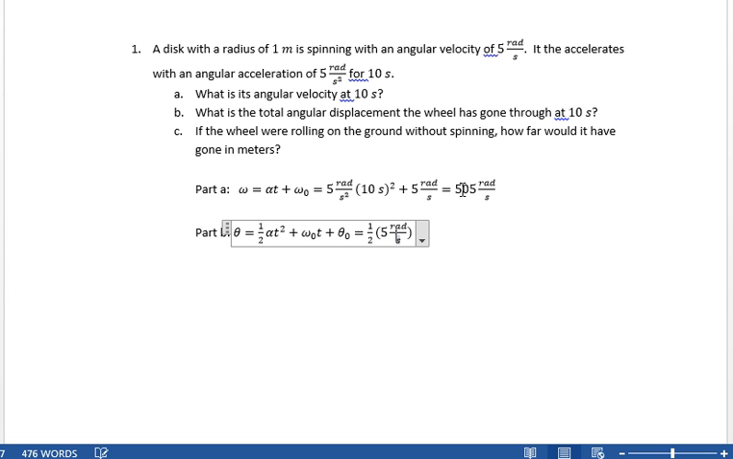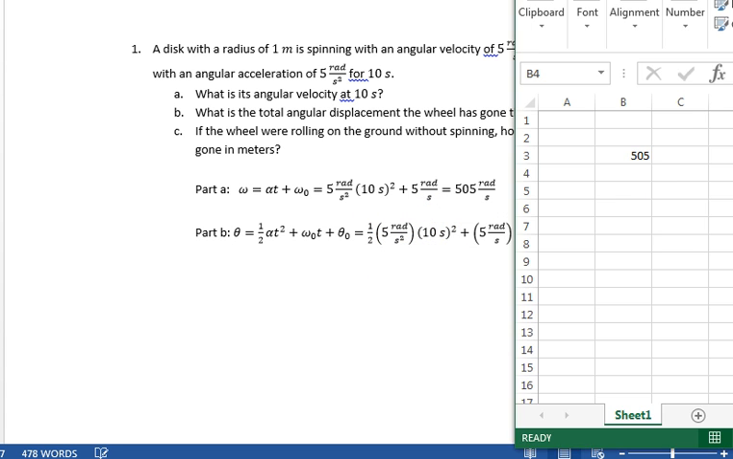So 1/2 of 5 radians per second squared, I missed the squared, right? Times 10 seconds squared plus 5 radians per second times 10 seconds, plus theta naught, which is 0. So this is going to be in radians, since seconds squared over seconds squared cancel out, and second over second cancel out. So we get 0.5 times 5 times 10 squared plus 5 times 10, and we get 300